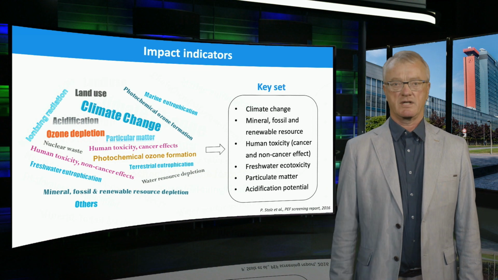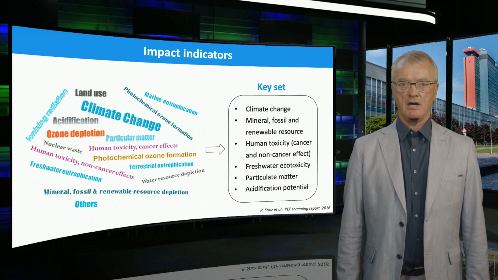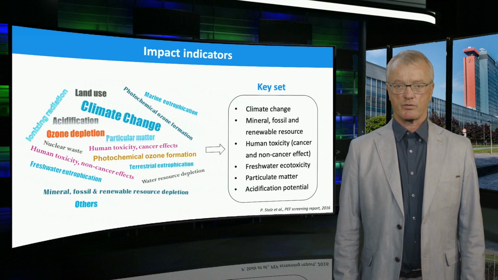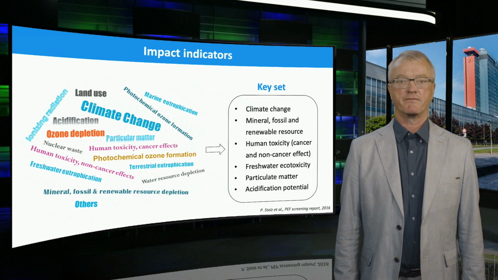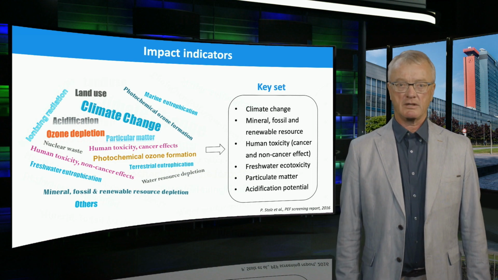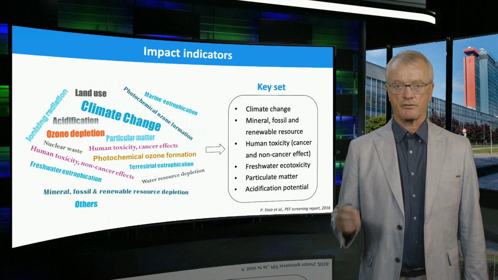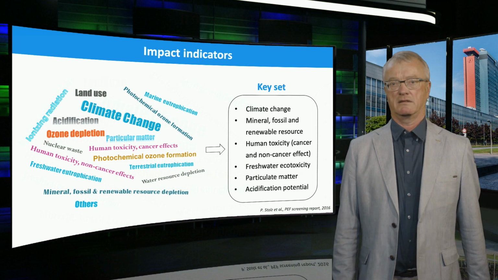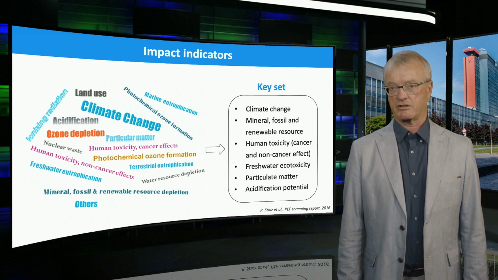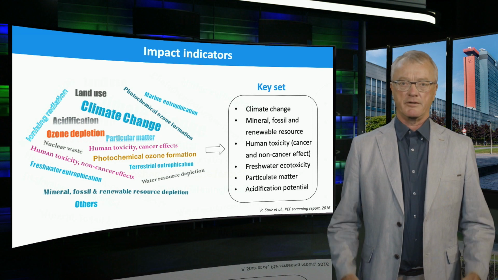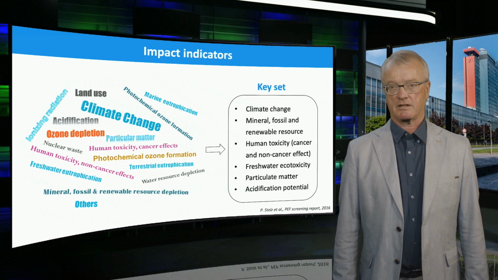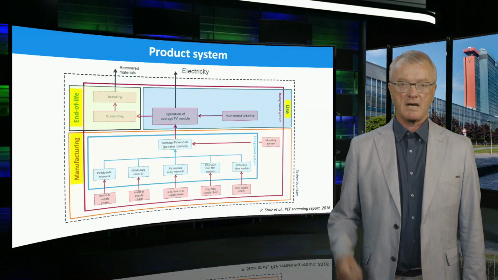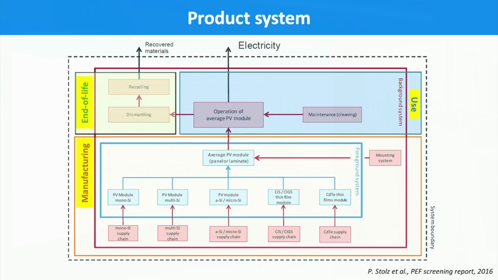In this lecture, we take the example of one specific case study of the European Product Environmental Footprint Screening Lifecycle Assessment, which was reported in 2016. Be aware that the module efficiencies are out of date, and the use of these data will lead to less accurate results and interpretation. Still, the data could be used for comparing different technologies to each other. The observed most important impact categories are listed here, which will be discussed in the following slides. Here, a schematic of the analyzed PV system.